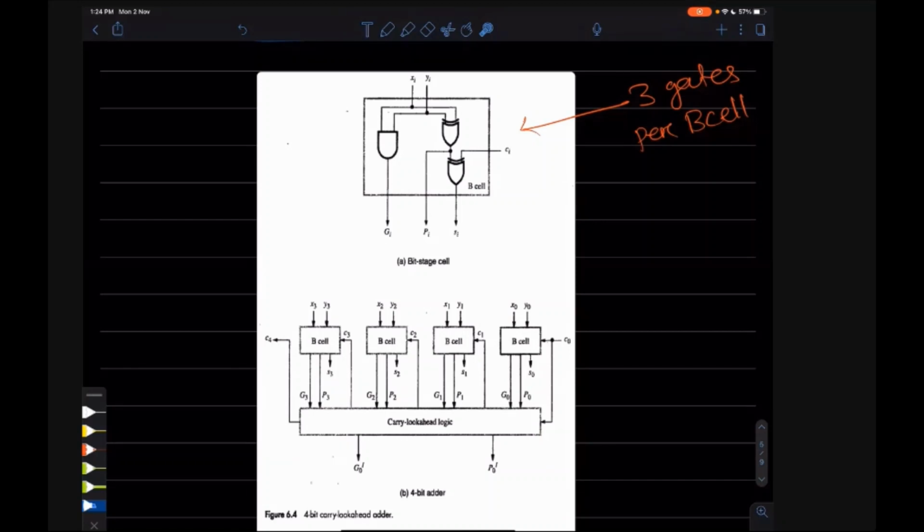Will the sum take 4 gate delays or more than that? Can anyone tell? I think it will be more than 4. Can anyone calculate how much time the sum will take? How many gate delays? Let's go to this.